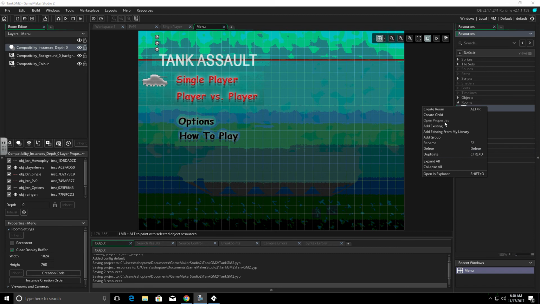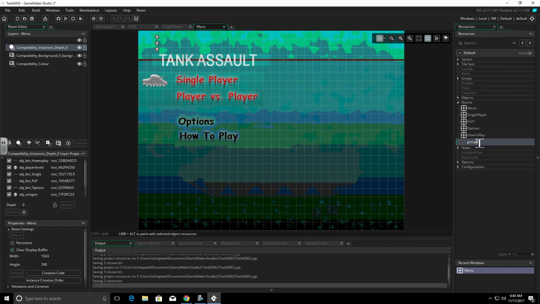And what adding a group does is it allows you to set up a group of rooms, and you can make these rooms children of this group. This allows you to get a little bit of organization in your game. If you have a lot of different rooms, you can put specific rooms under a specific group.